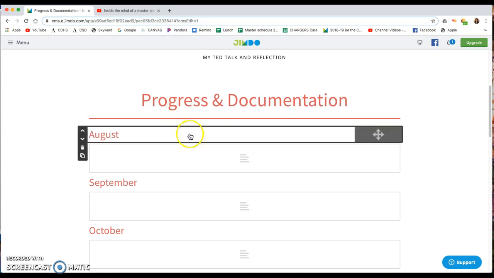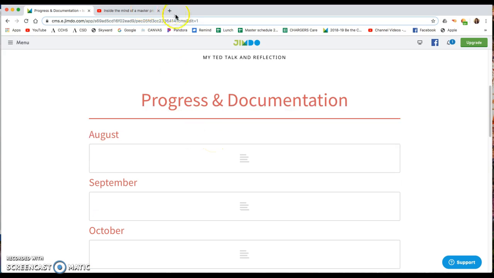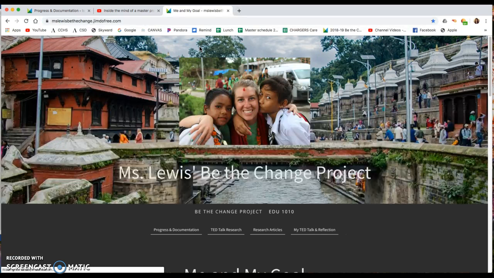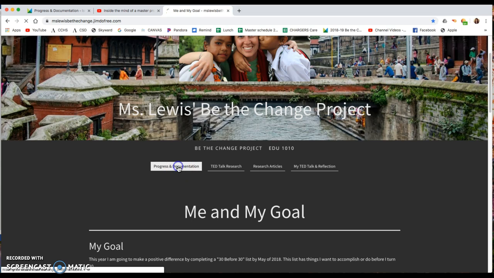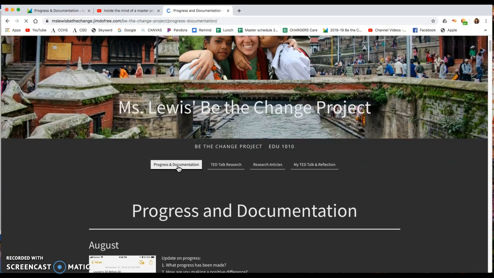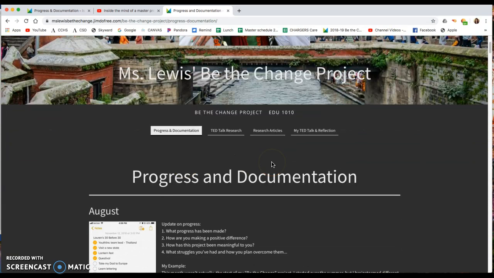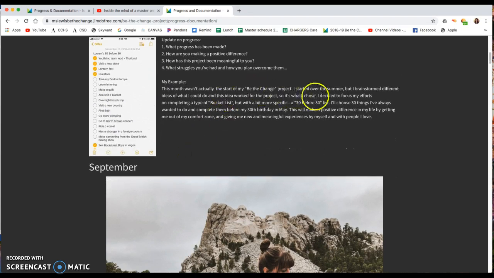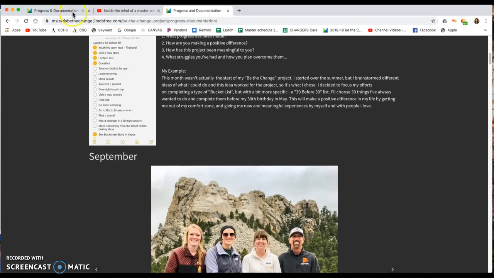Okay, so I'm going to show you some different things that you could add. I'm going to give you an example from my website from last year. All right, on my progress and documentation page, I have all the different types of images and videos that you can include. So for the first one, I did the text box with the photo, and that looks like this